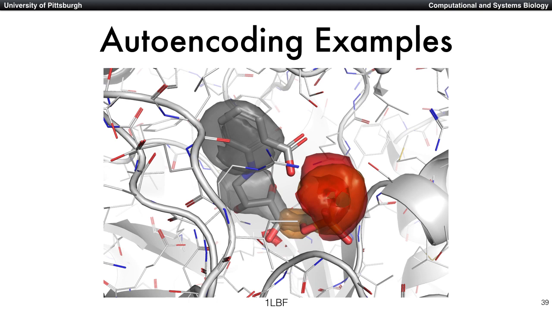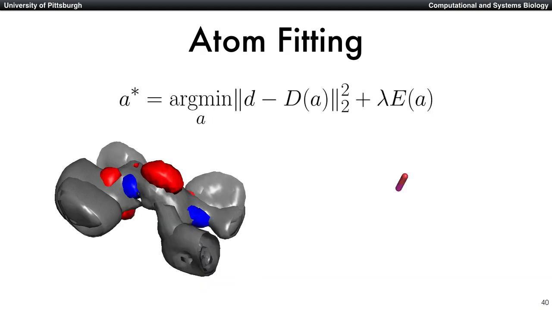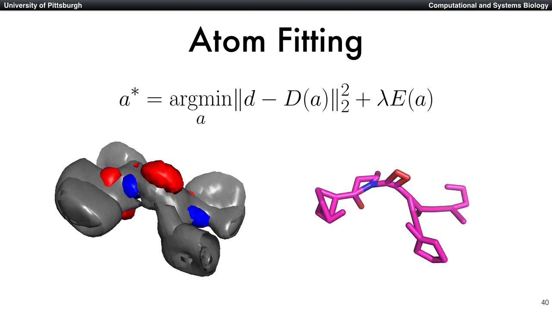And so we're still working on this, but of course the goal isn't to get blobs. We don't want to show a medicinal chemist a bunch of blobs. We want to show them a chemical structure. And so you can just fit atoms to these densities. And so if you take this car density and fit, you get this mess here, right? So the plan is to improve the output here so that even the simplest atom fitting density will produce something